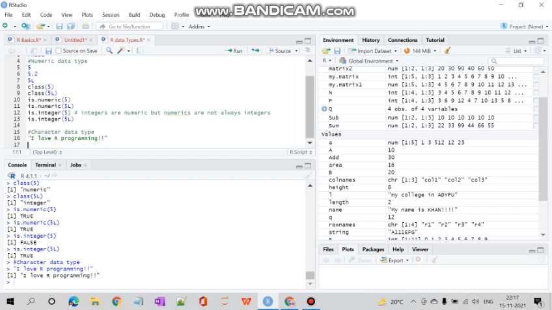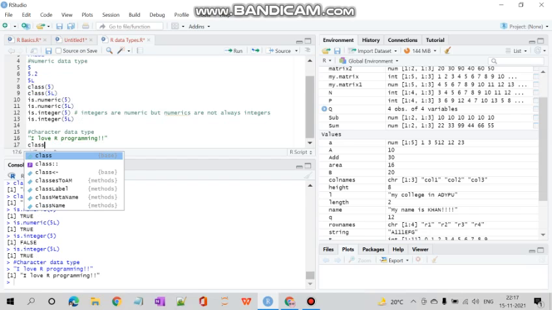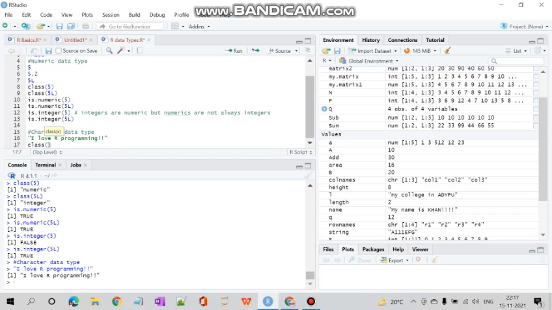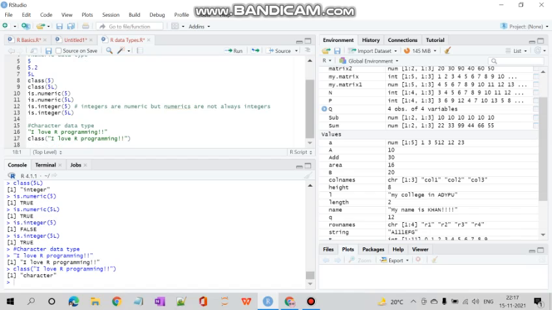So it prints I love R programming. Again, whether this is character or not, let me check. What I will do, same thing as I did over here, class, and within brackets I will just copy paste the string that I wrote inside the code. So if this is a character, it will say character to me. So it is a character. Okay, so